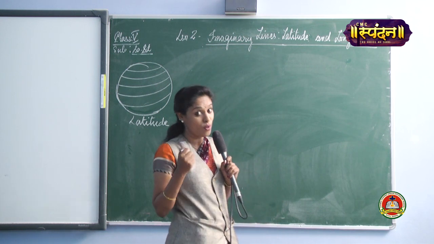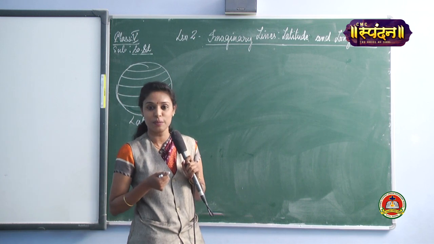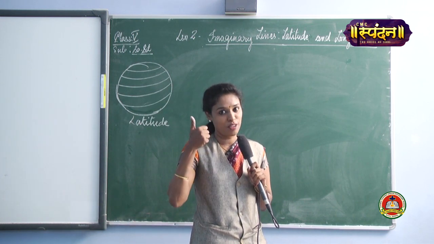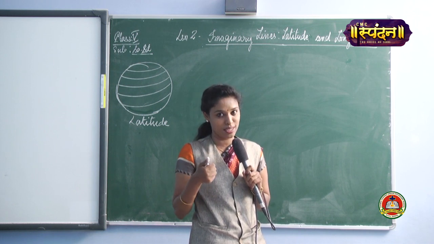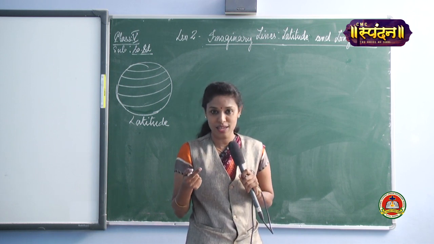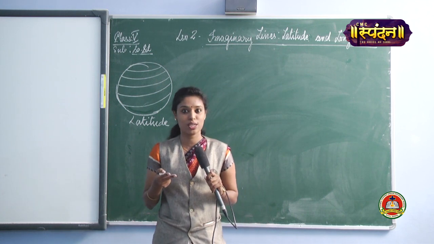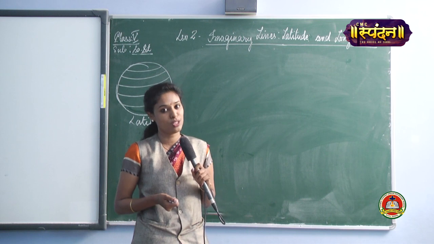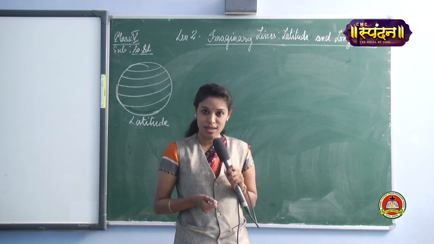Yes, there were four important latitudes. Just a recap of your four important latitudes, starting from the first one: Arctic Circle, Tropic of Cancer, then the third was your equator, fourth, Tropic of Capricorn, and the last is your Antarctic Circle.